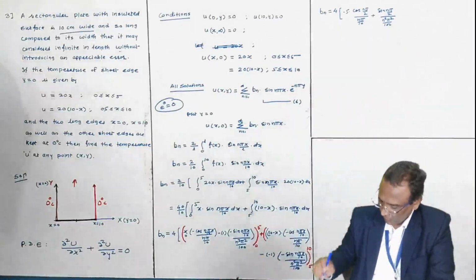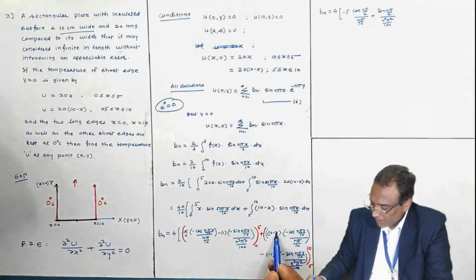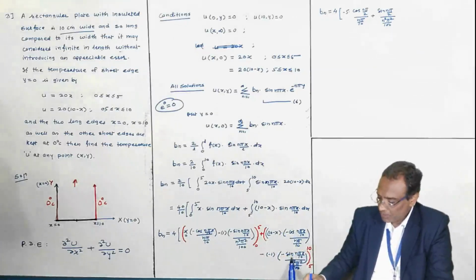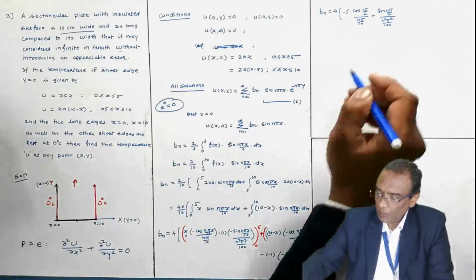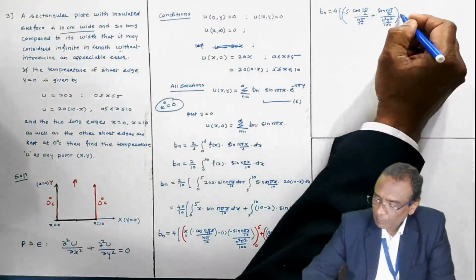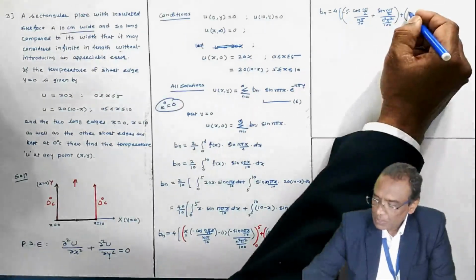Now in next bracket put x equal to 10. If you put x equal to 10, 10 minus 10 is 0, this term will be 0, and sin n pi is 0. See, I am putting x equal to 10, I am getting 0 here,